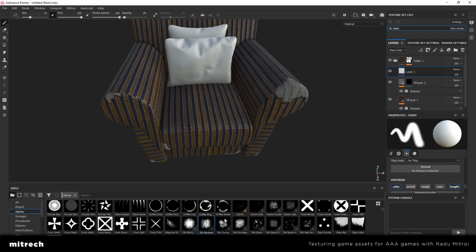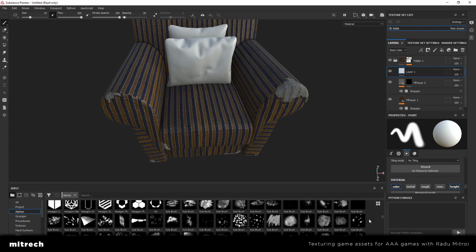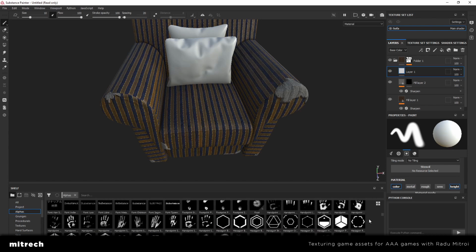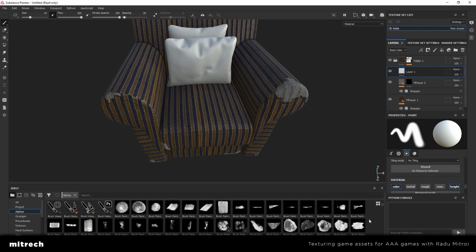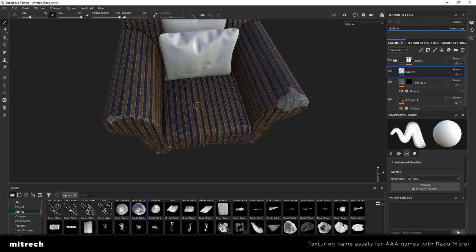Okay, I'm going to choose another alpha in here. I don't know, doesn't really matter. I'll just take that brush, and I'm going to paint